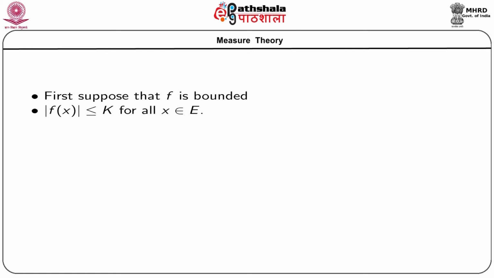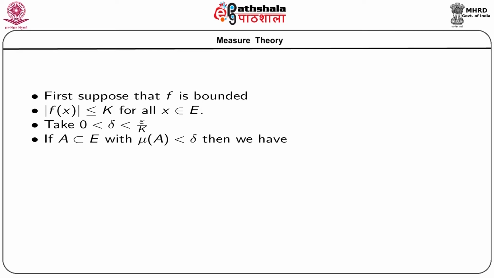Now, this means that there is a positive real number capital K such that mod f x is less or equal to capital K for all x belonging to E. Now, let us choose delta in this way: 0 less than delta less than epsilon by capital K. Now, if A is a measurable set in E such that measure of A is less than delta, then we have